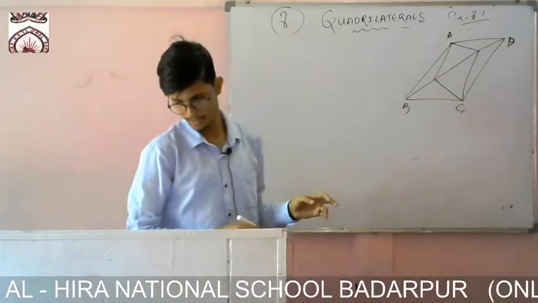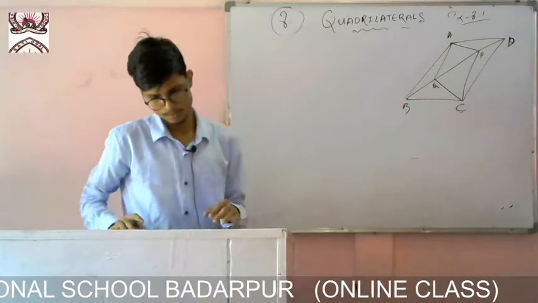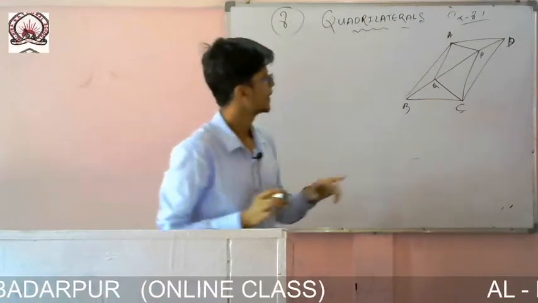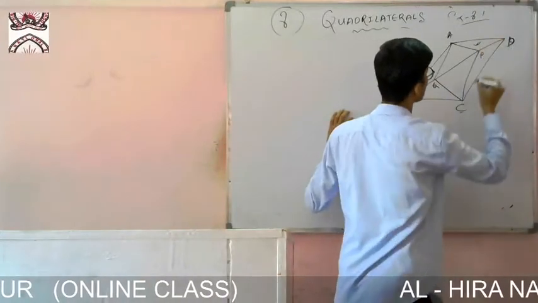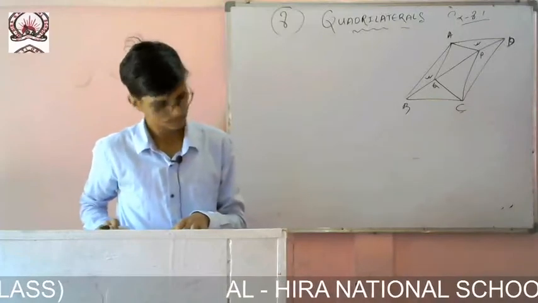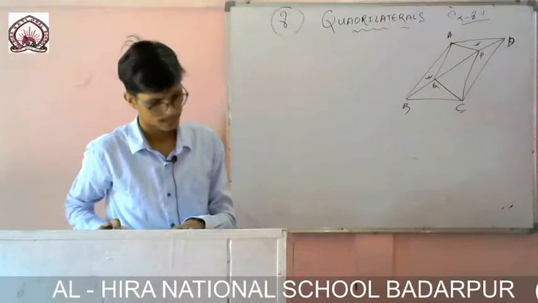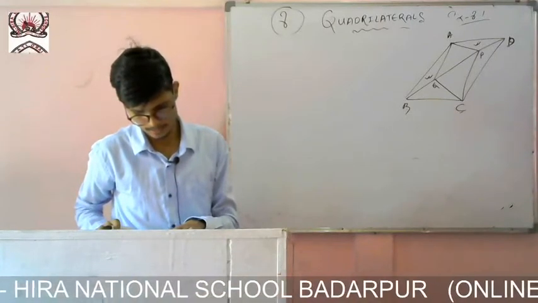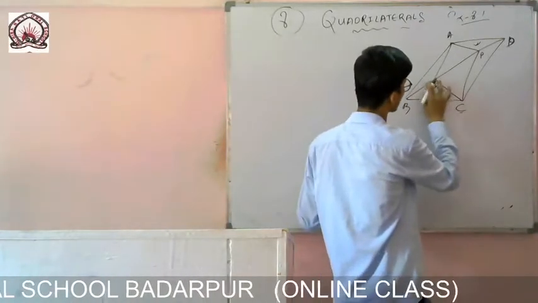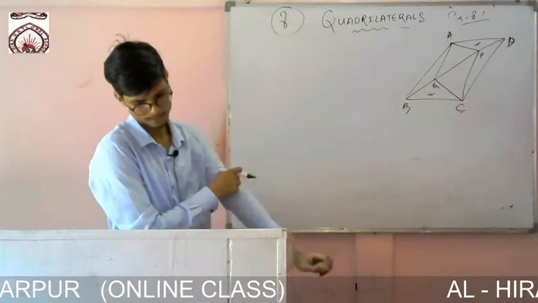So two points like this are given, and there it is Q and there it is P. Okay. So what you have to do? You have to show that this triangle APD is congruent to triangle CBQ. Sorry, not CQB, that means this one, not this one. CBQ. Okay. So no problem, we will solve it.